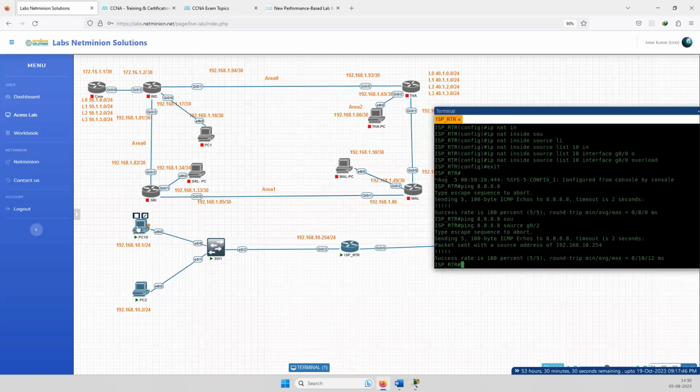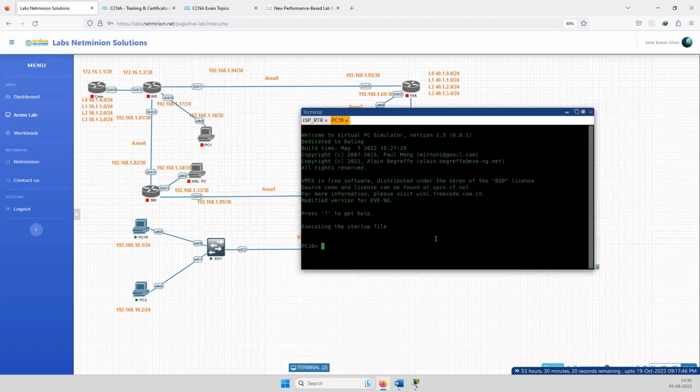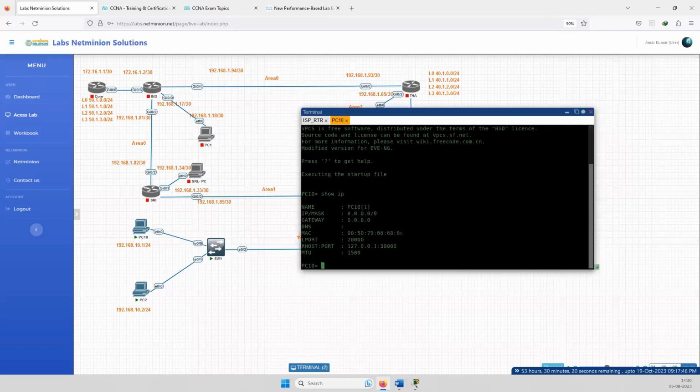Let's see if from PC10 I can access the internet or not. So first of all, on PC10, I need to see the IP. There is a command to see the IP, show ip. Using this command, you can see the IP. There is no IP assigned. I'm going to assign the IP address with the gateway. So I would run the command ip, and then I would assign this IP address